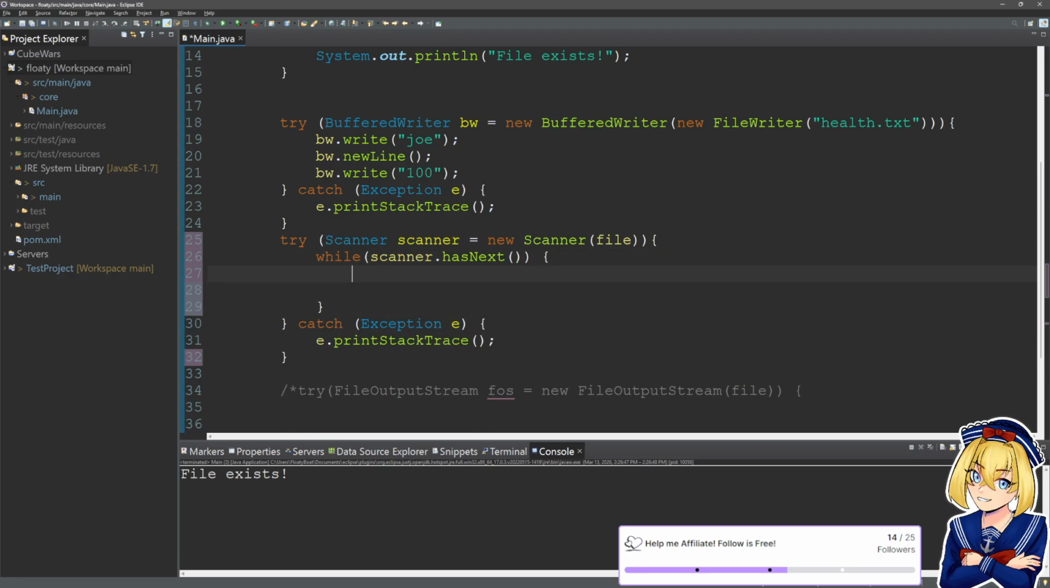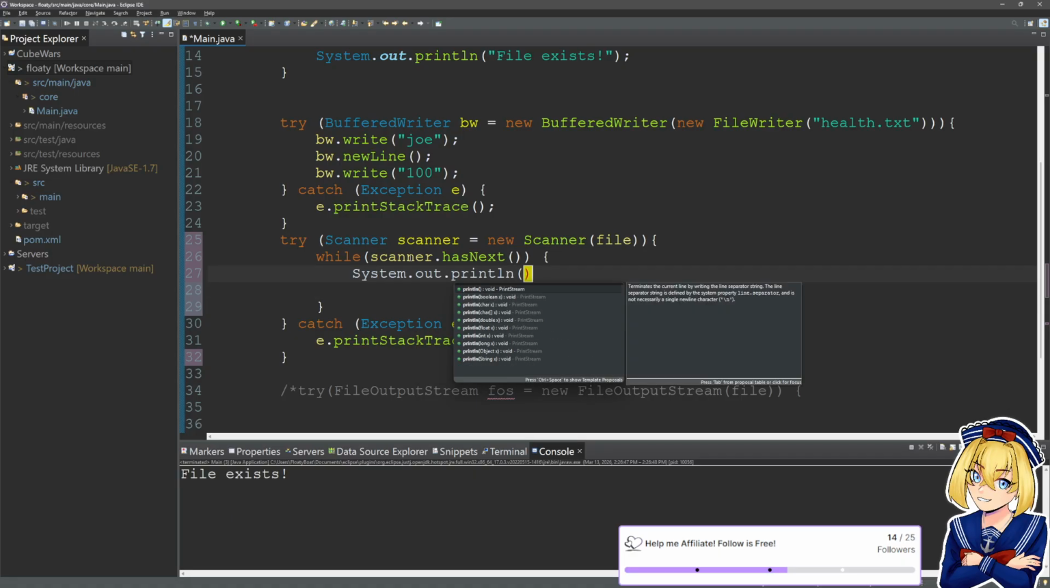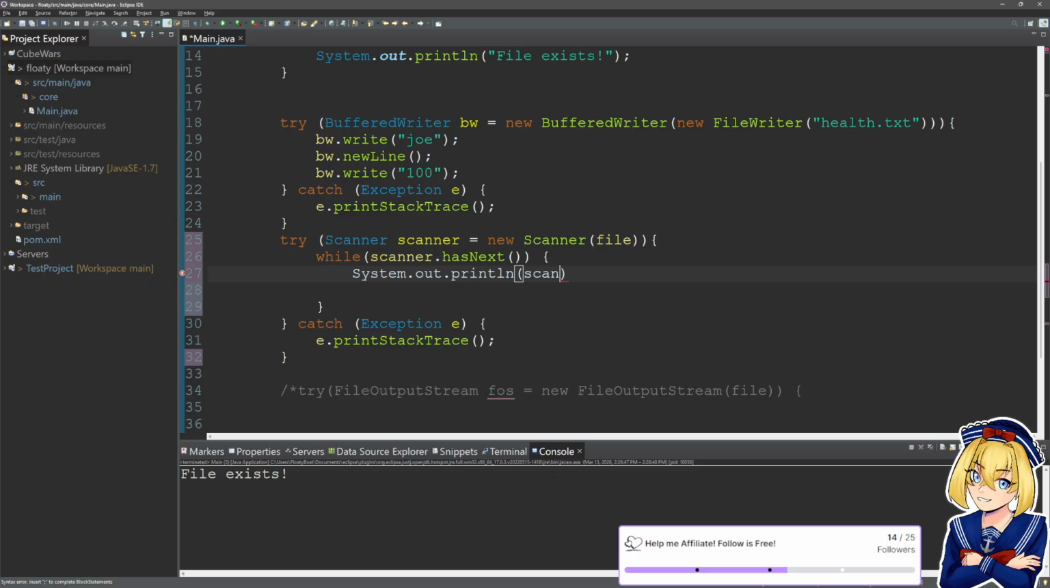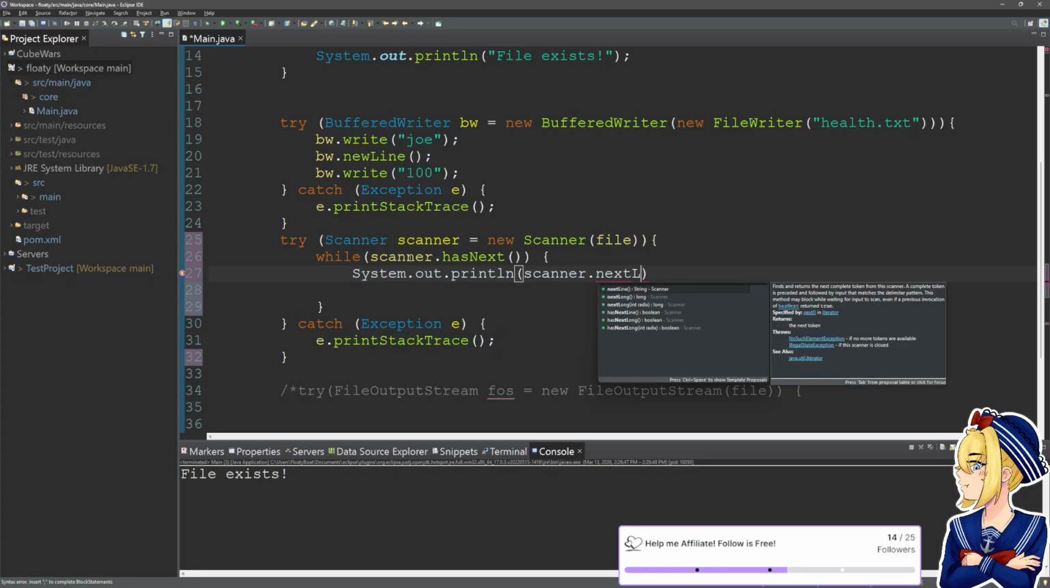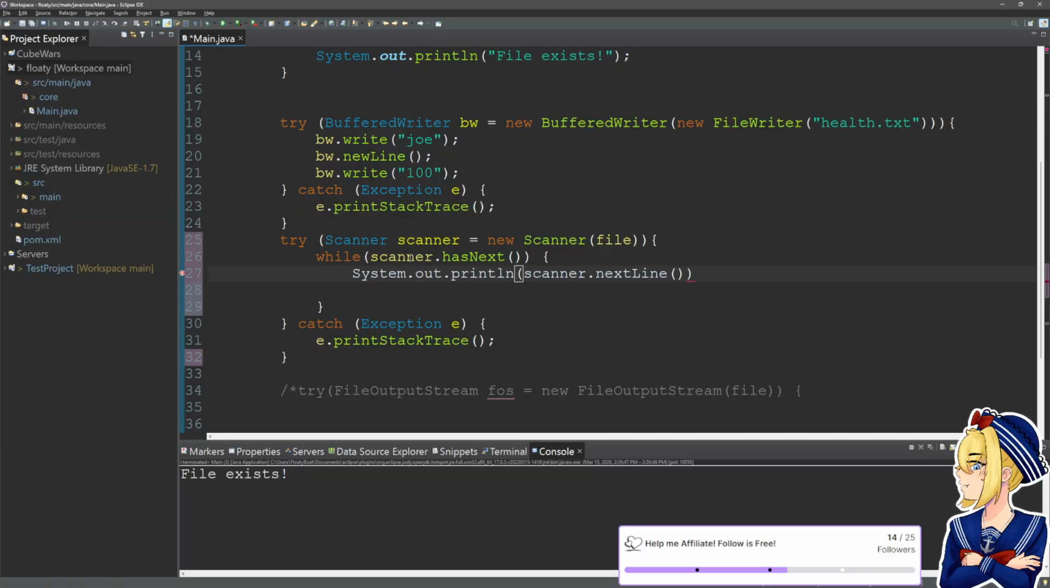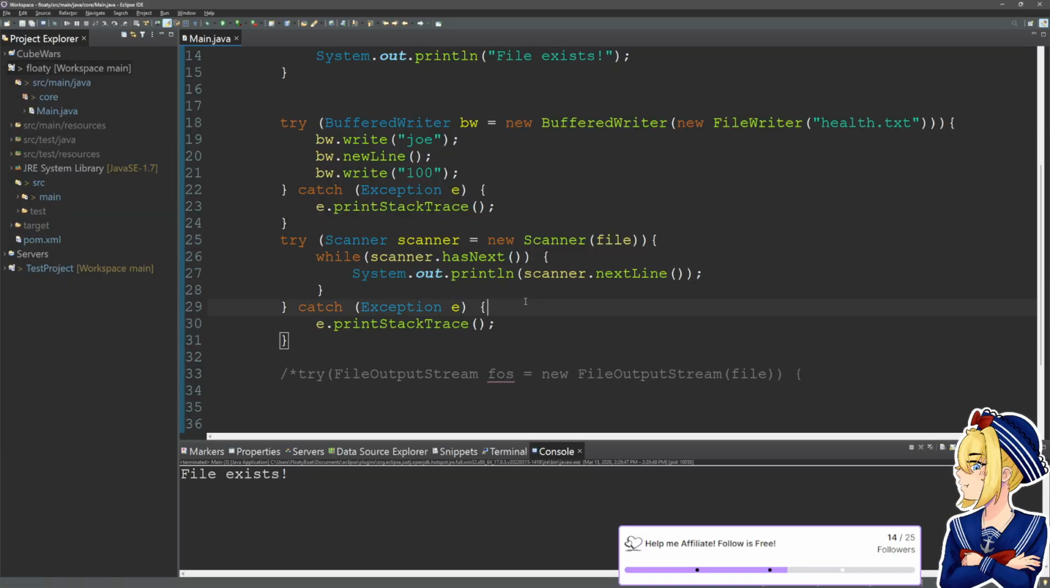Then we're going to say System.out.println(scanner.nextLine()). How about that? So if we run now, we see the file exists, but we're also printing Joe and 100 because the scanner